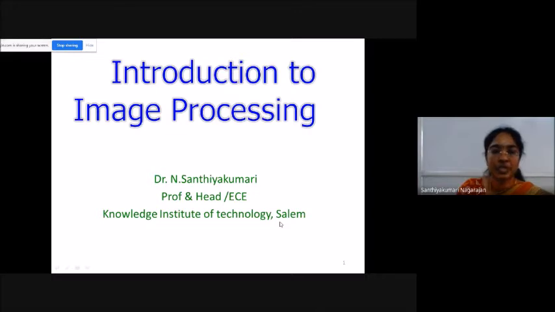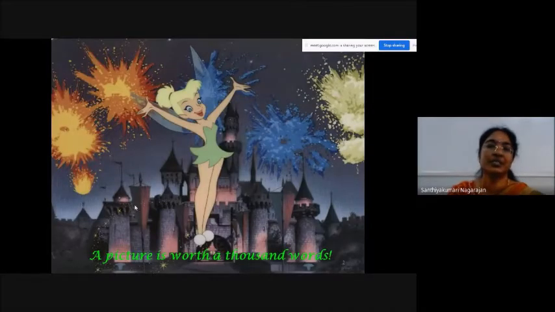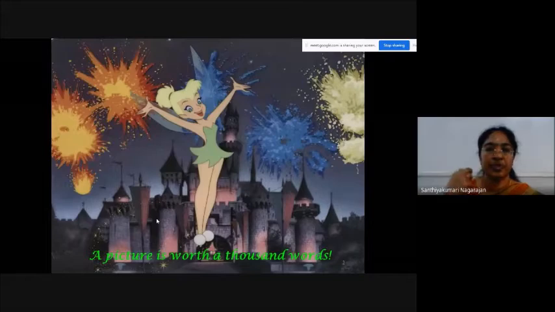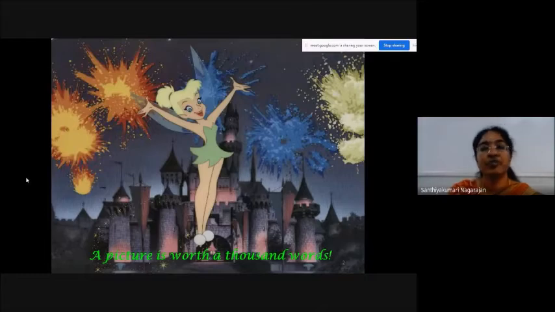Then what actually is digital image processing? You might have come to know about a picture. What do you mean by a picture? Some information which you are telling is related to things. At the end of this presentation, you might have come to understand what actually a picture and an image are. Instead of viewing information and signals as data, if you view something as a picture, all that image data is deposited in our mind. It is much worthier than thousands of words. That's what the picture indicates to us. Is it clear to all?